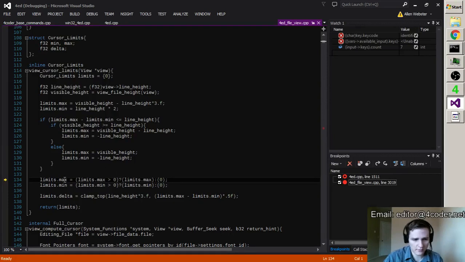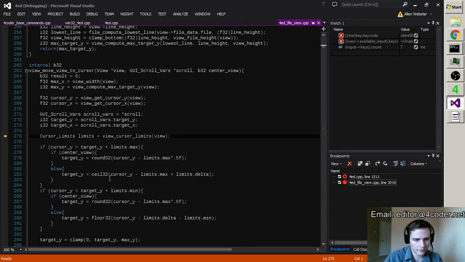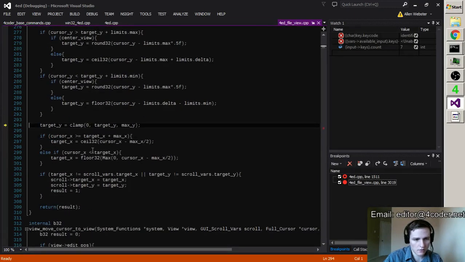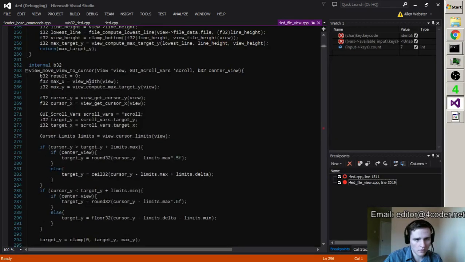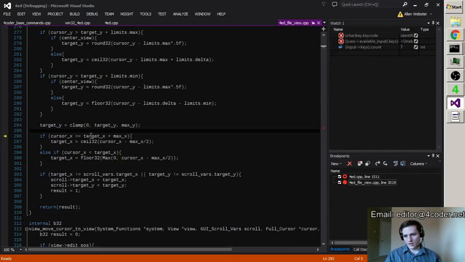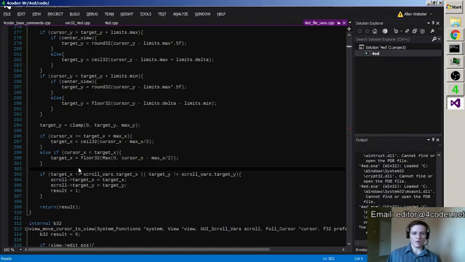And then those get clamped to 0, and then the delta gets clamped to 0. And so we go through here. Max x. Where did we get max x? View width. Yeah, basically the same problem. It thinks that the width has a view of 0, and so it believes it has to set the target x right onto the cursor. Okay, so there we go.